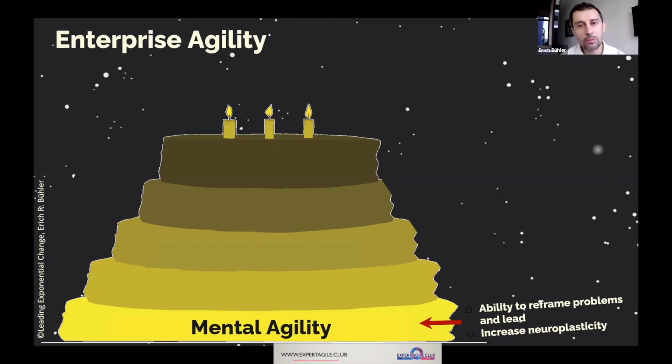Without people being able to have a basic level of mental agility, any framework or any change you try to influence in the company is going to be really hard. So after we start working with people to embrace change and to try to see things from different perspectives, we help people increase mental agility,